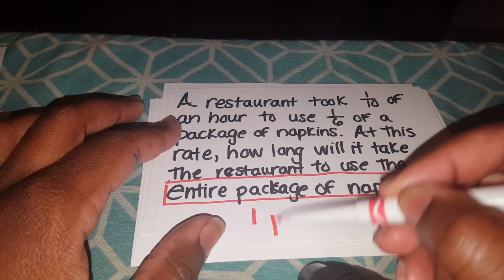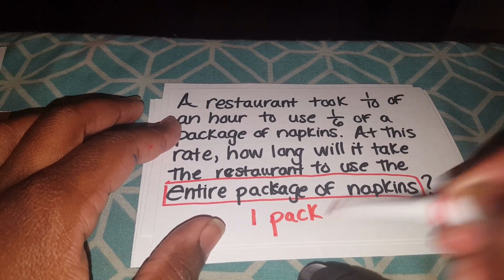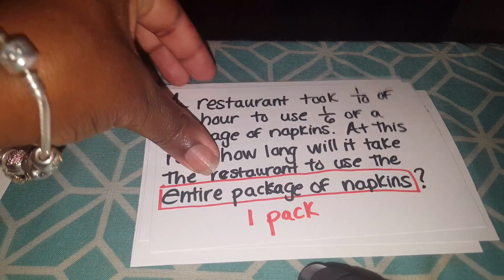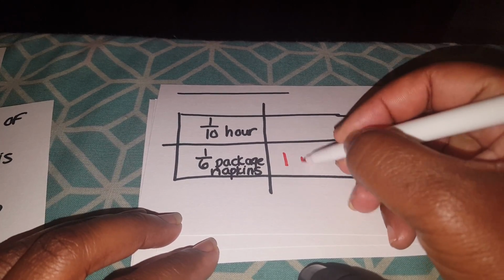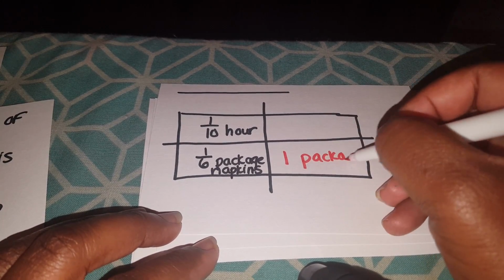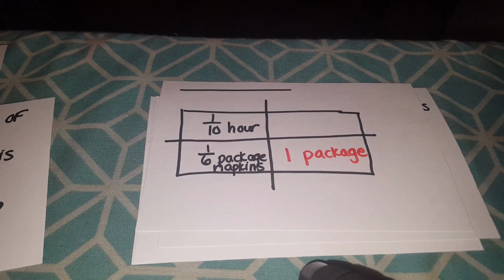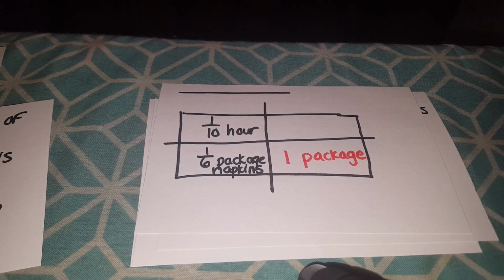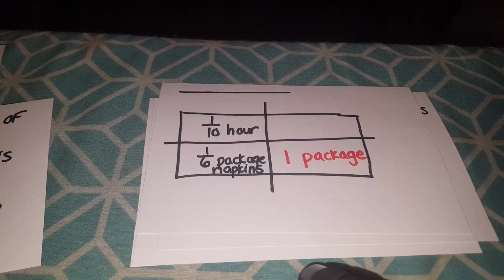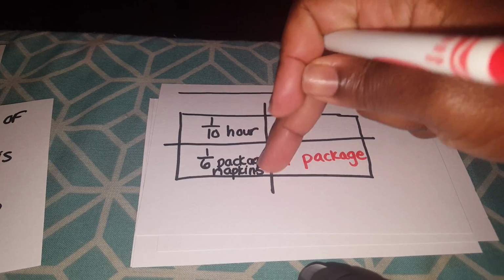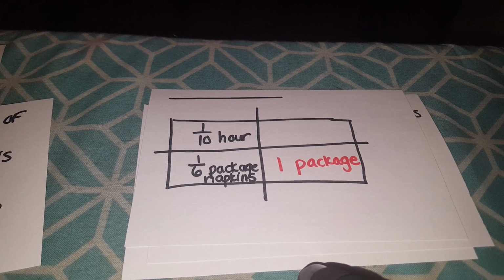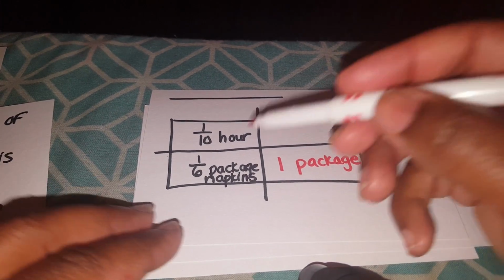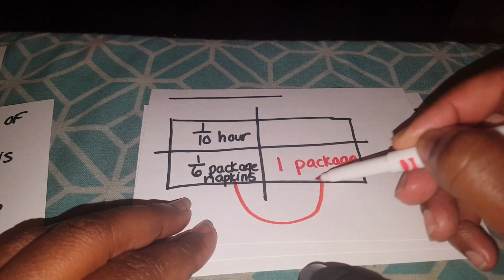That means 1 pack of napkins. So I'm going to put my 1 by the napkins. I'm just going to put 1 package there. Okay, so now I got the 2 packages of napkins at the bottom. How many 1/6 are in 1? Or what can I multiply by 1/6 to get to 1? If you said 6/1,